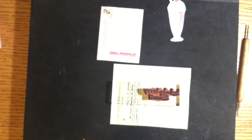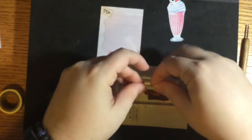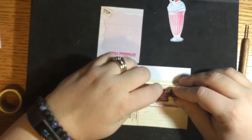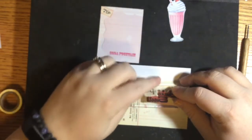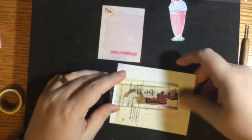So I'm gonna take this tape, if I can get it off. I'm gonna take some of this tape and I'm gonna tape off where it says berry. And I'm gonna push it down so that the "your" and "sweet" is still showing. It's a little bit fiddly. So that's how I'm gonna get rid of the berry. And then what I'm gonna do